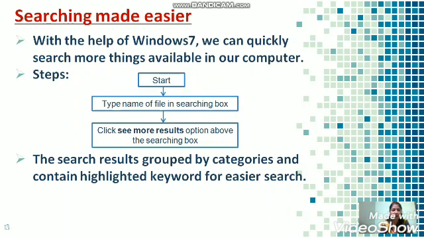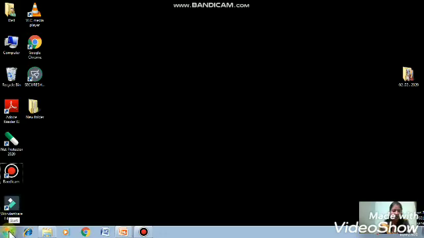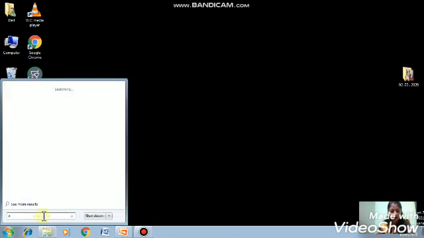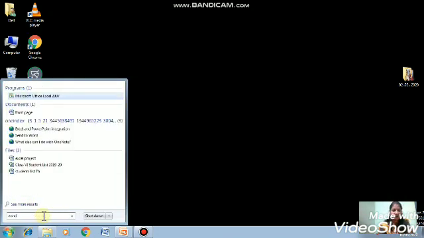Now let's see how to use searching made easier. First, click on the Start button. In the Start menu, you have Search programs and files. This is the box in which you need to write any kind of keyword. Like I'm just writing Excel.